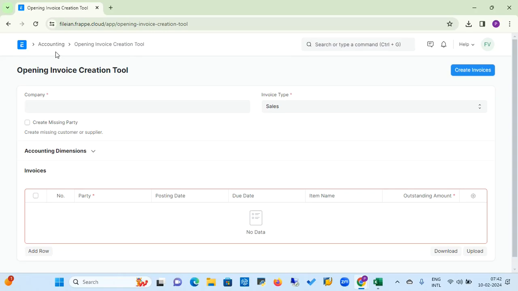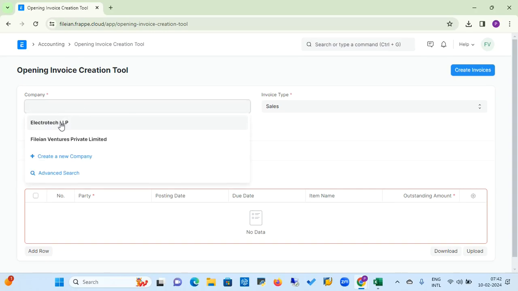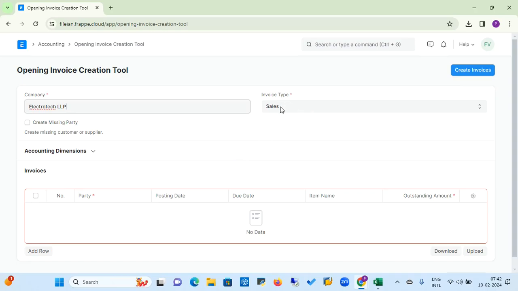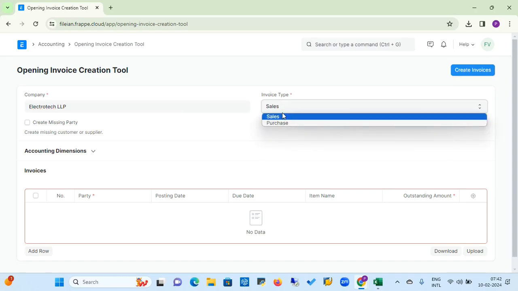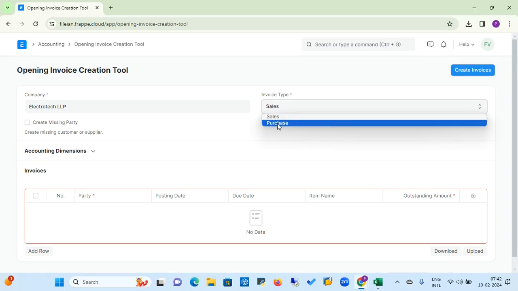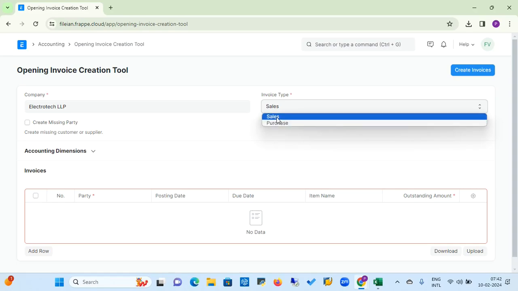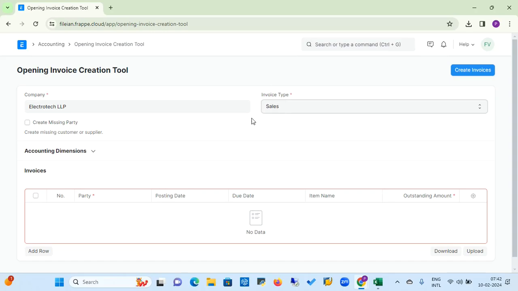Here, first of all, you need to click on the opening invoice creation tool button, and then you can select the company under which you want to get the opening balances. Also, you need to select the invoice type, whether it is a purchase invoice, that means you want to import a creditor balance, or you want to import a debtor balance. Suppose I want to import the debtor balance, then I need to select the invoice type as sales, and then